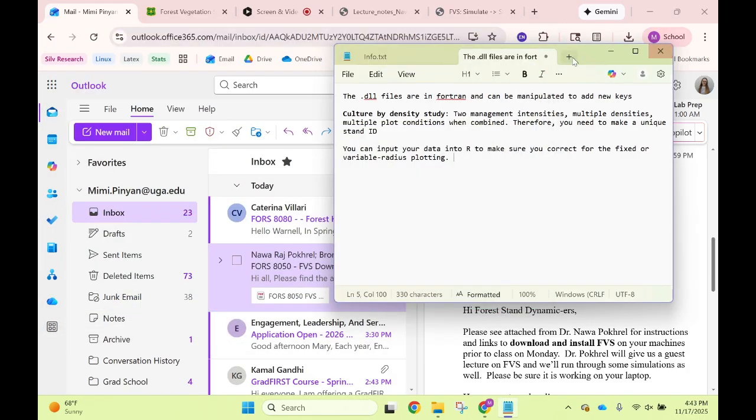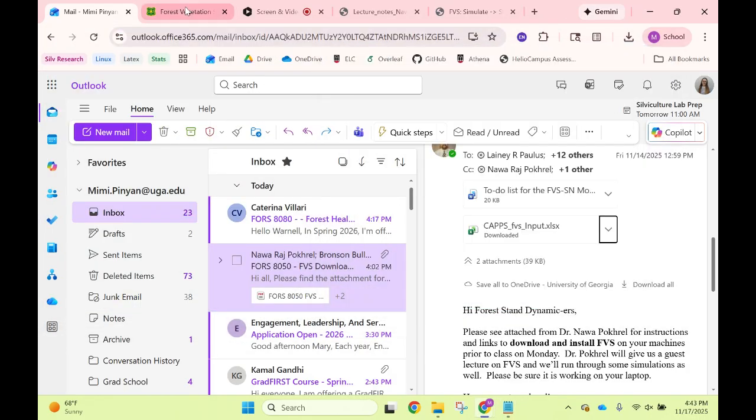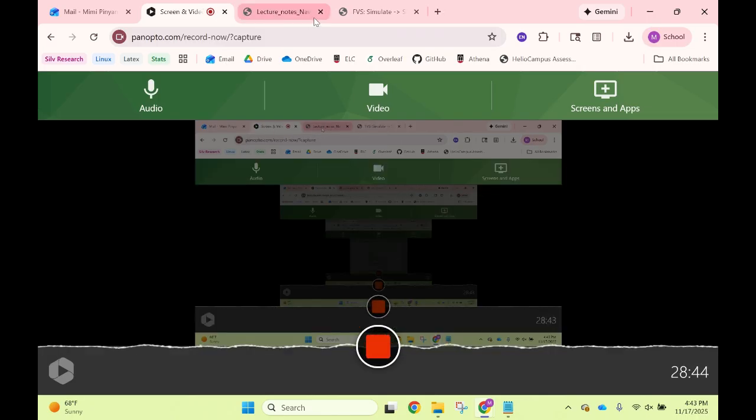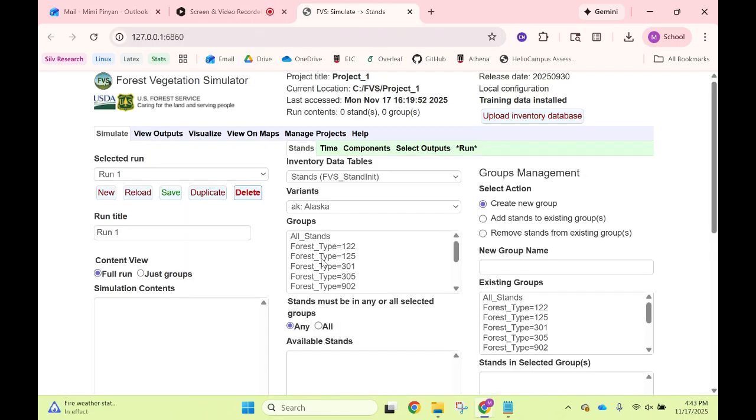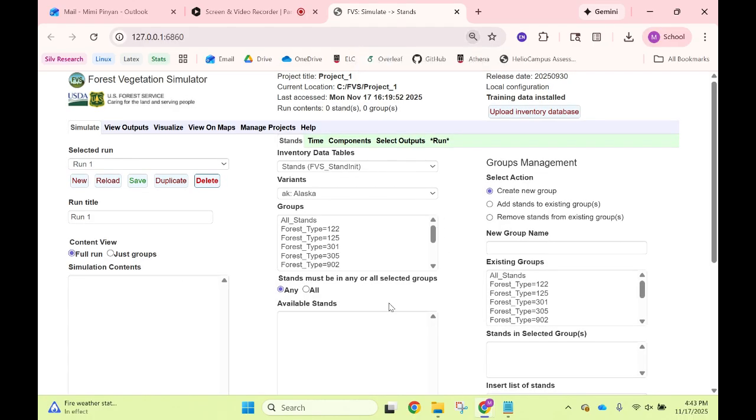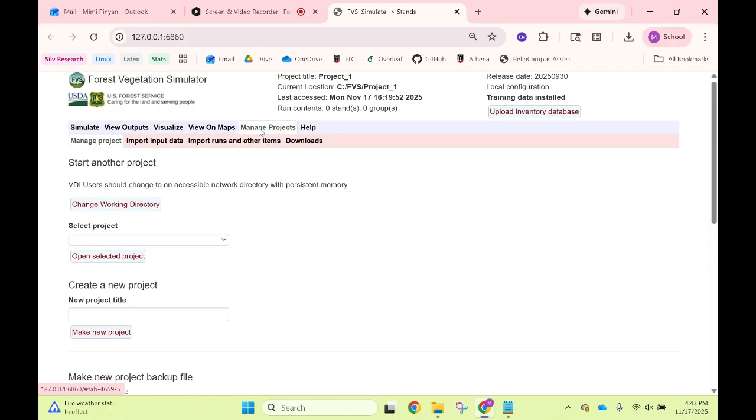So this is our FVS. It looks like this, and it has so many tabs. Here you can see simulate, use output, visualize, visual map, manage project. I will go step by step, so you can learn what each tab does. So I won't invest more time on explaining each tab. So go to manage project,